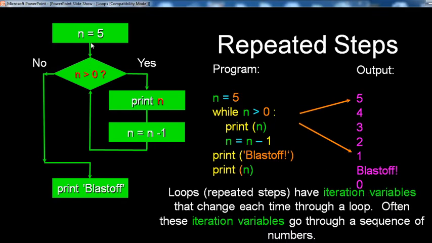That means in the flowchart, n equal to 5 is assigned, then the condition n is greater than 0. If yes, then print n, whatever the n value, 5, then print 5. Then n equal to n minus 1. What is the n minus 1 value? 5 minus 1 is 4, 5 minus 2 is 3, 5 minus 3 is 2, 5 minus 4 is 1, 5 minus 5 is 0. Finally print blast off. Getting that, loops?